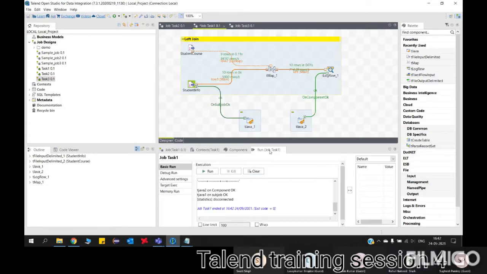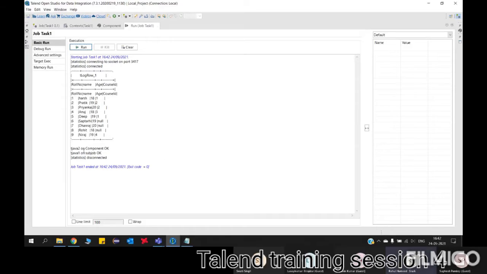So now proceed to run your job. Maximize the console. Which one is printed first? On subjob OK. That means your on subjob OK has executed first and then only your on component OK is executed. So as I clearly mentioned, there were only fractions of a second difference, so we were not able to identify which one was running first. That's the reason I have taken this component so that it displays the content here, on subjob OK, on component OK. You can see whatever Lakshay Kumar has written there in the components. He is trying to print whatever is displayed here.